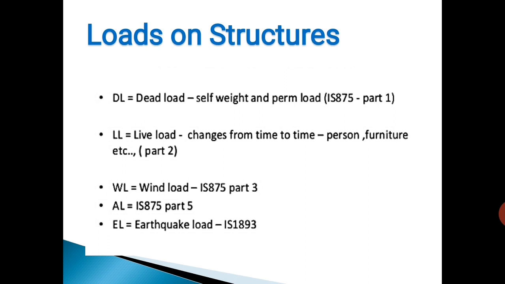Okay, various loads on structure. First load is the dead load. So what kind of steel is structural steel? First of all, what kind of steel is structural steel? Structural steel is a carbon steel, meaning it has carbon content up to 2.1% by weight. After iron, carbon is the most important element in carbon steel. If the amount of carbon is increasing in the composition of steel, then it gives high strength and low ductility.